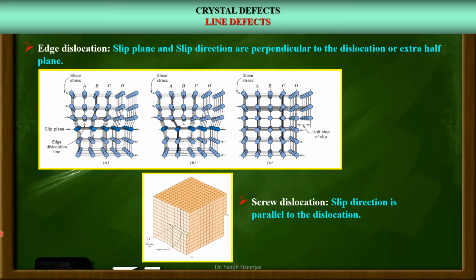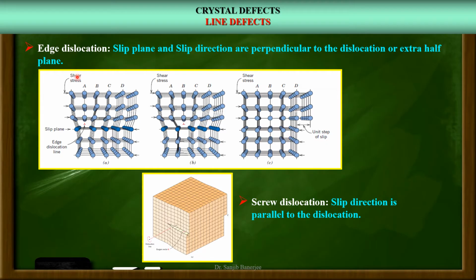In the early 1930s, Taylor developed a hypothesis of an extra half plane of atoms. We can see in this figure the extra half plane of atoms inserted between two parallel planes of a normal crystal. Now slip would take place by movement of this extra half plane to the left or to the right with much lesser force than would normally be necessary. He called this imperfection an edge dislocation.